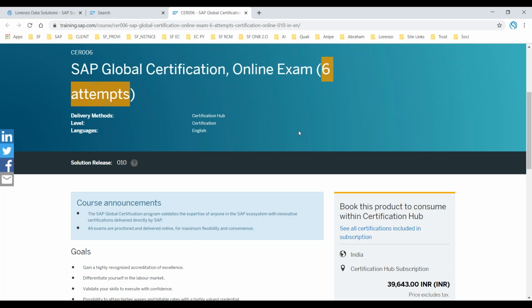Let us assume it like that. But can I book the same Employee Central certification again 1 more time for the third time? Yeah, even for the third time you can go and book your certification for Employee Central, which you constantly failed for the first 2 attempts. But this time you have to complete your certification at any cost. Let us say you have cleared your certification for the third time for Employee Central. So you have utilized it properly, and then you have 3 more attempts left.